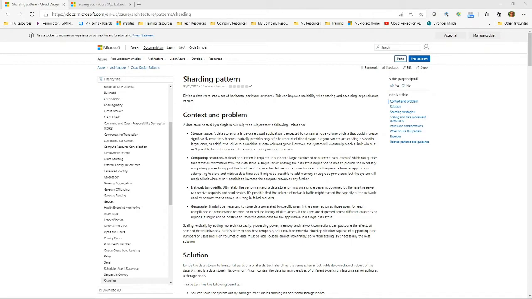Maybe we want to do that for some kind of compliance reason. Maybe even sharding across regions is something we sometimes see as well, in terms of the geographical boundaries of where the data is stored. So those are probably a good couple of indicators that sharding might be an approach you want to take if you're thinking of these kinds of challenges for your solution.